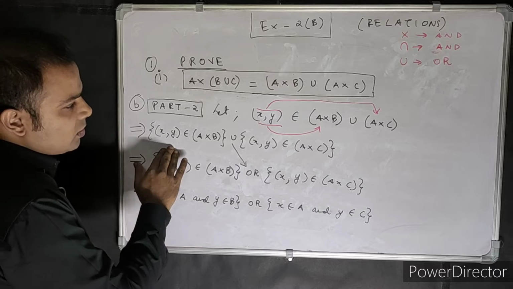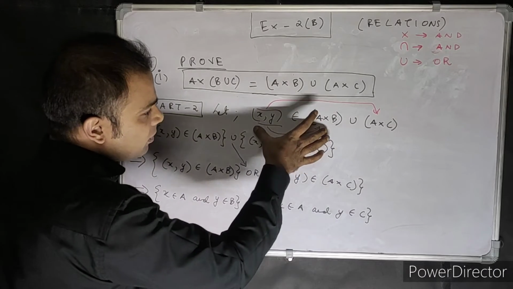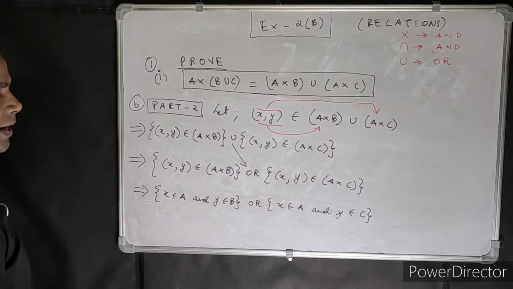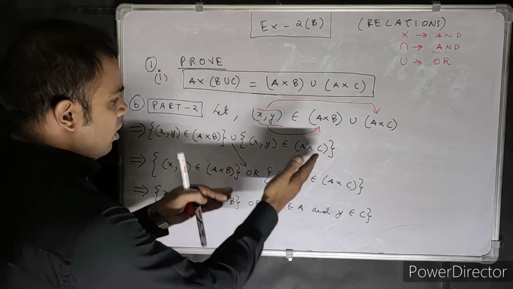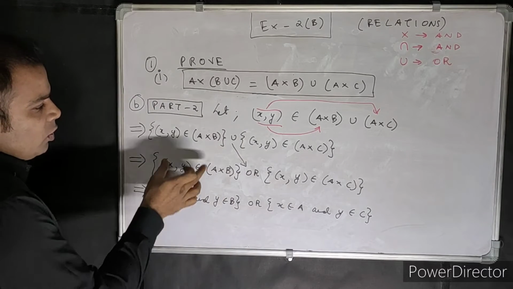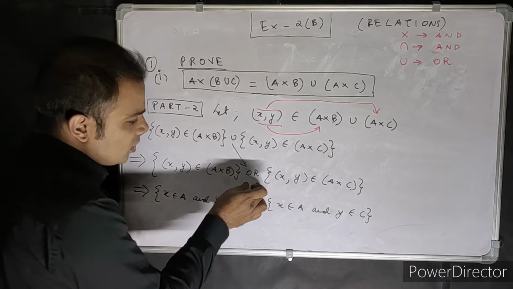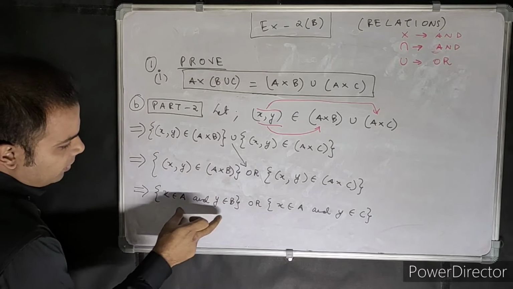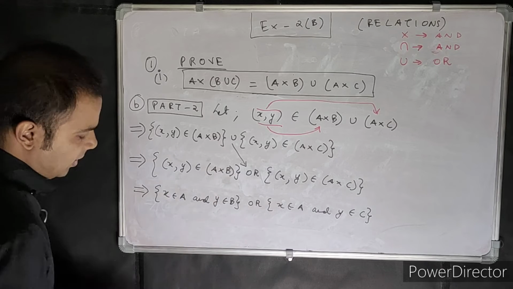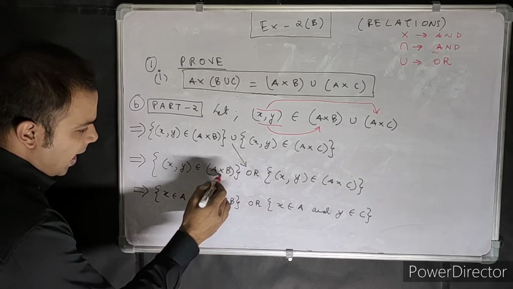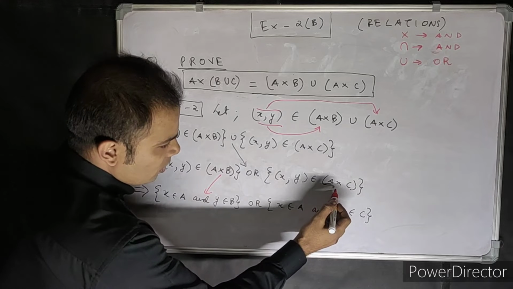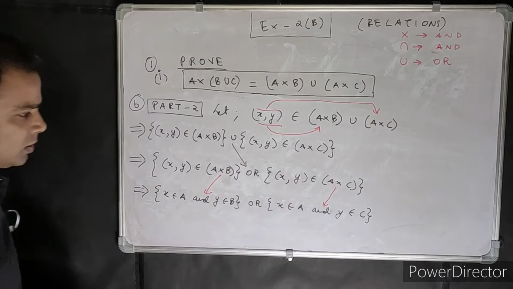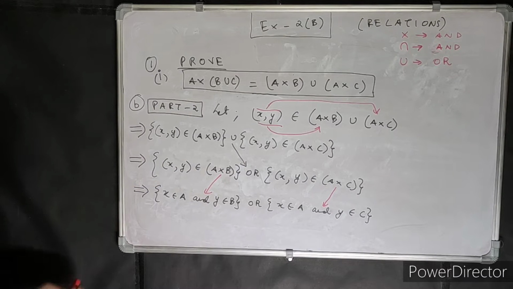So what did we do? First, we split this and this. That was the main thing. Now from here, we changed this to or. Now from here, we split this part and changed the crosses to and. See how it's going. Okay. Like this. Change these crosses to and.